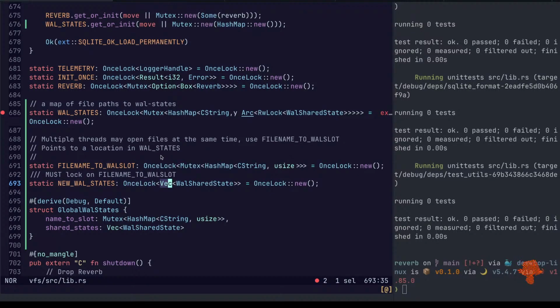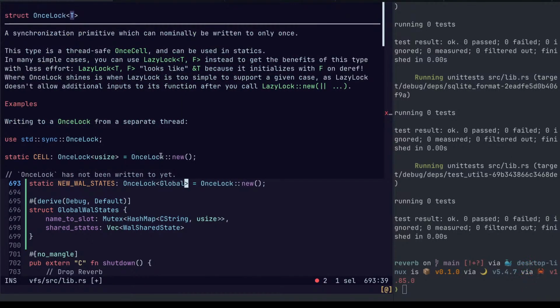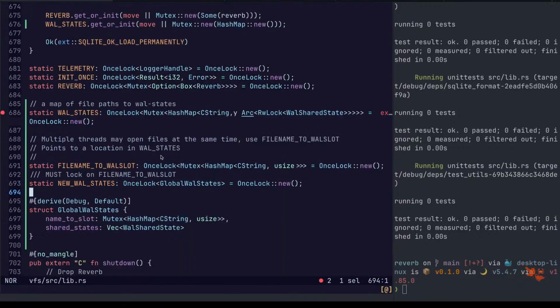New wall states will be a once lock to this global wall states.